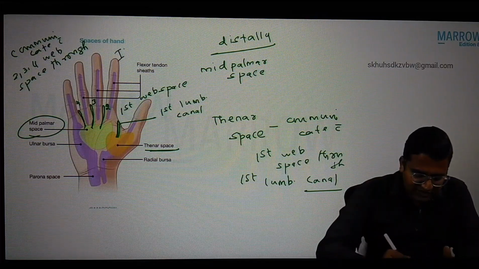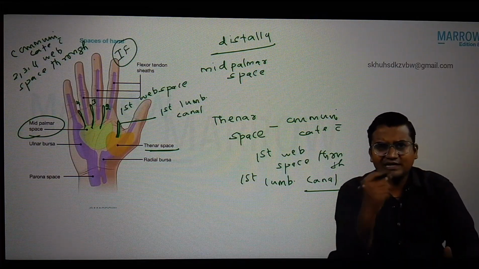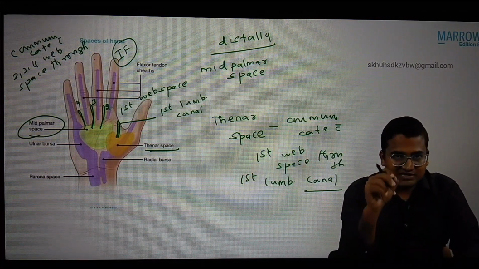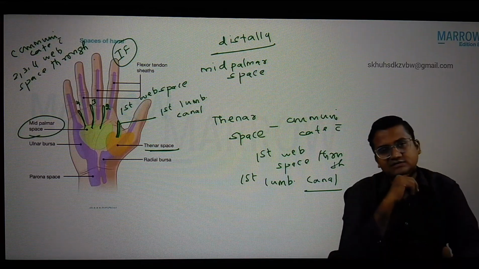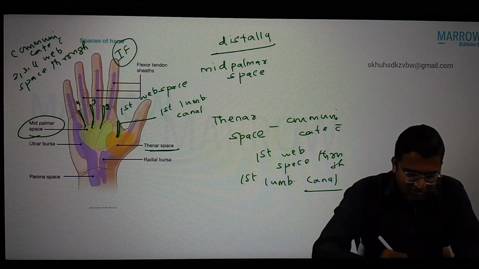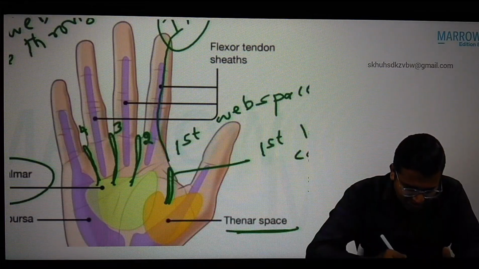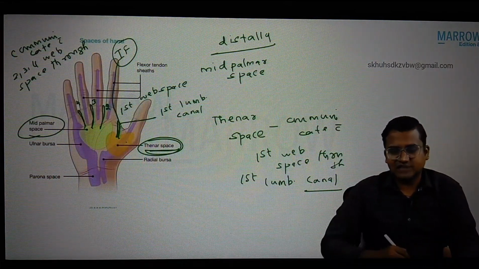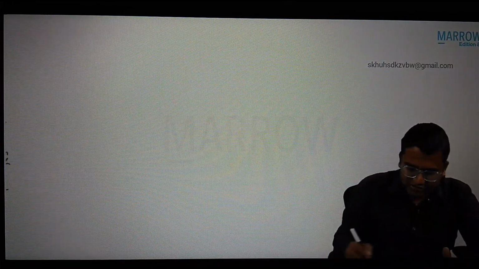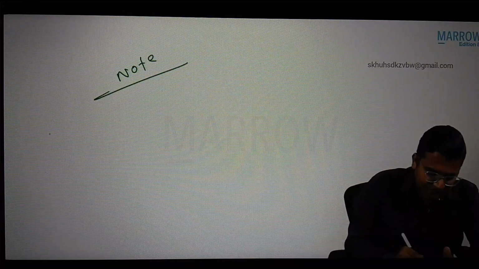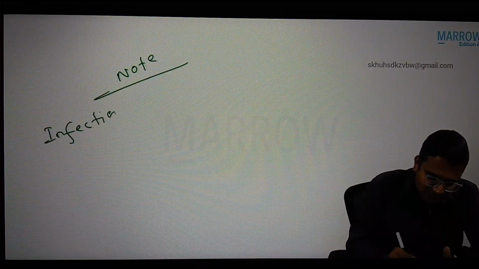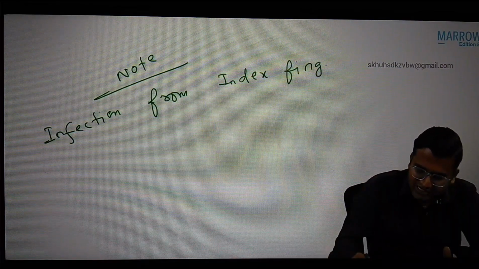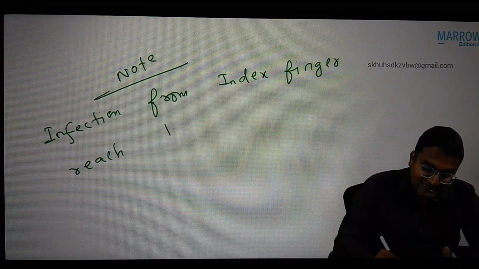Now this is the index finger. The tendon to the index finger is present in which space, thenar space or mid-palmar space? It is present in the, very good, thenar space. So any infection from the index finger, via the first lumbrical canal, comes to which space? Thenar space. Is that clear? So please write one last point about these two spaces. Note: the infection from the index finger will reach the thenar space